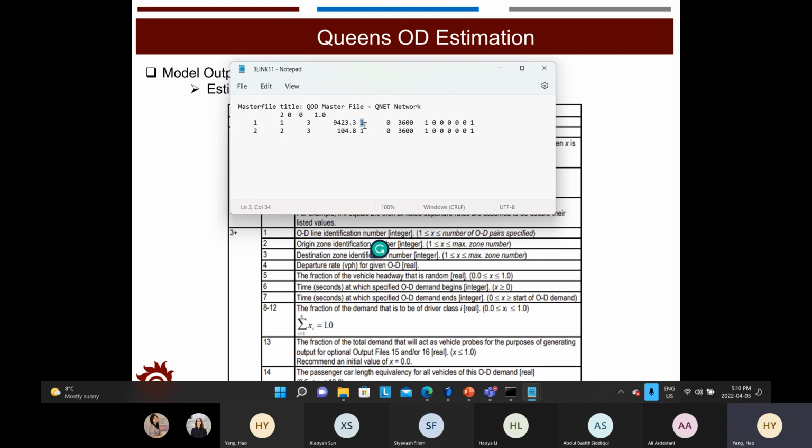It's not applied for the QueensOD estimation, but it's very important for the microscopic simulations. And the next two show the start time and end time of this demand. So in this case, we will only estimate the demand for the first period in